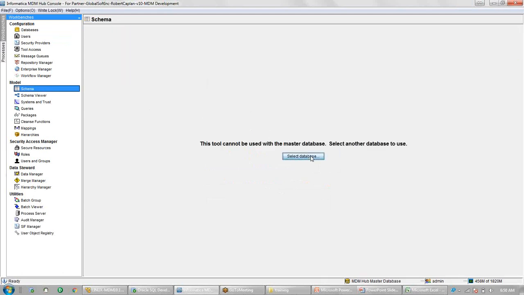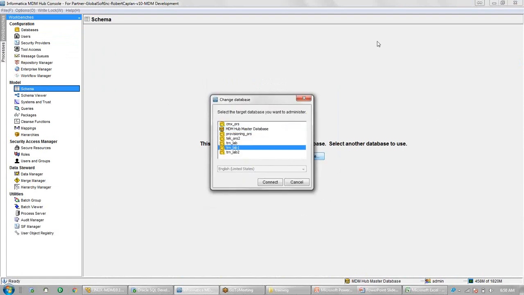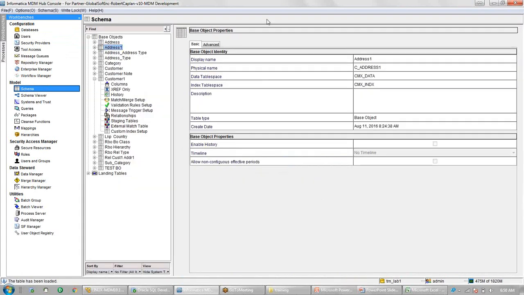So again, I will go back to schema. Here, once you come again, you have to take a write lock, because unless we take a write lock, we will not be able to edit anything. On the top, these are the options: acquire lock and acquire exclusive lock. Acquire lock means multiple people can take it and work in parallel. But if you take an acquire exclusive lock, then only you will be able to work. Other people will not be able to take the lock on this and work on it. So usually everyone takes the acquire lock and works on them in parallel.